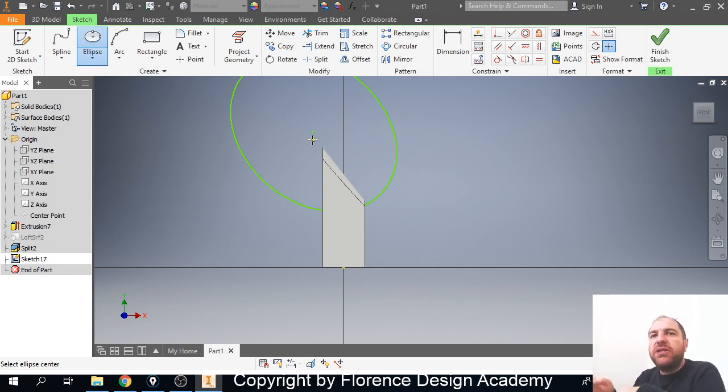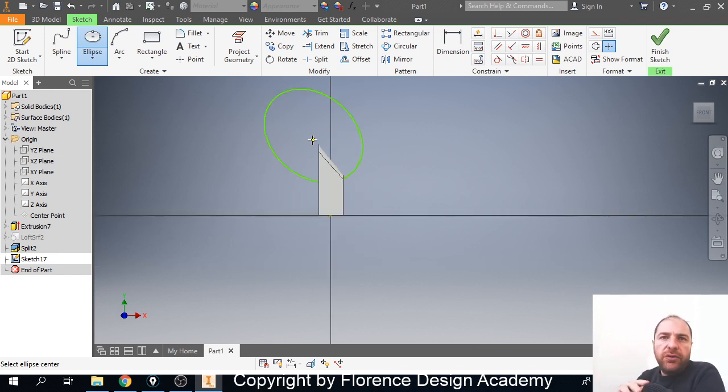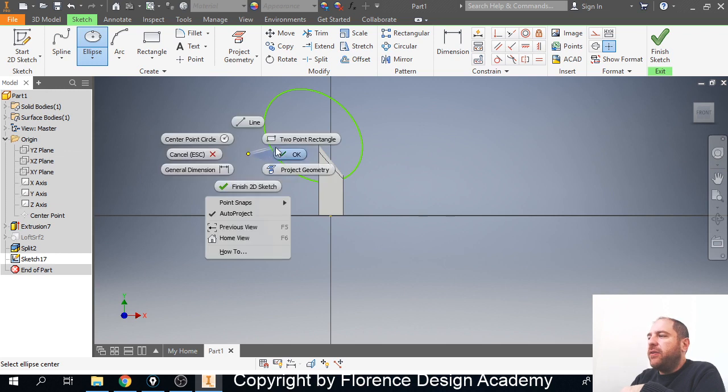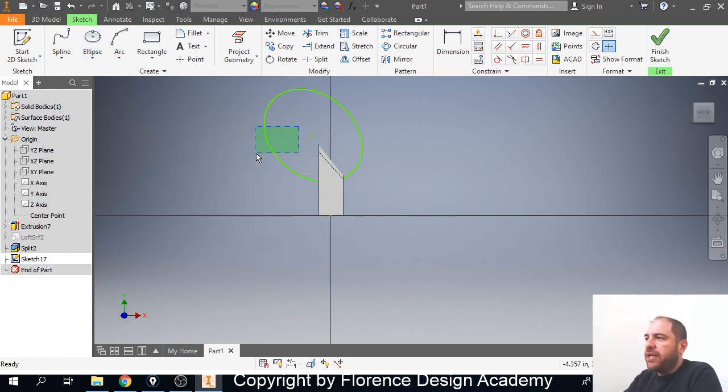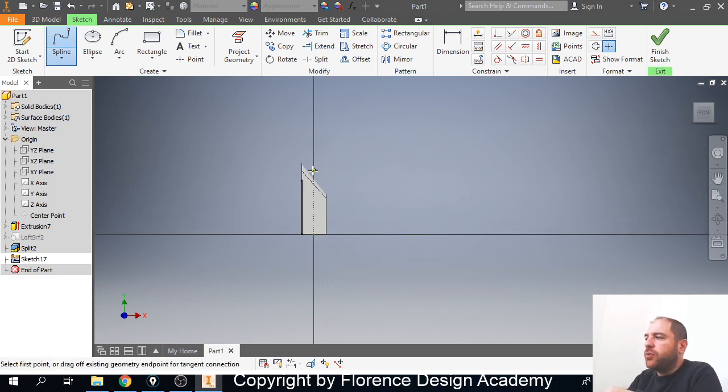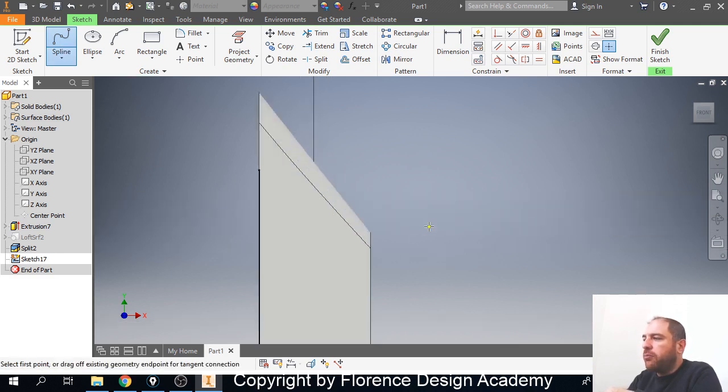But then I can choose the output to be solid or surface. If I instead click OK, but let me delete this. If I want to extrude, and I extrude on purpose, look,